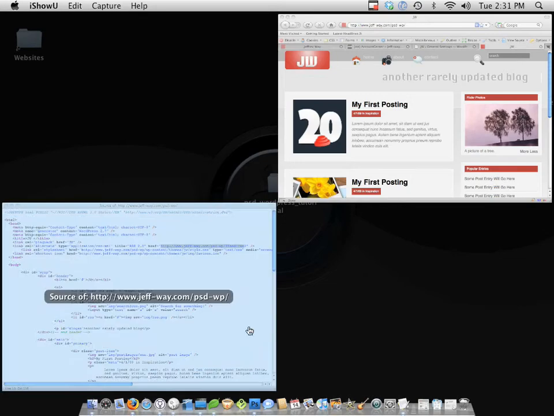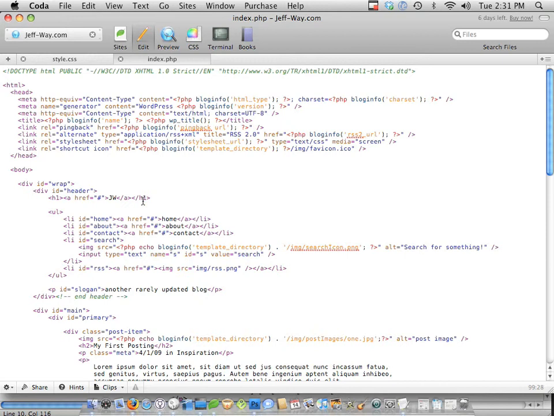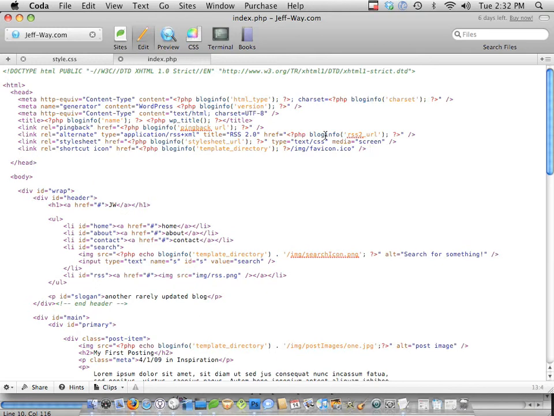Okay, welcome back. So let's continue to Coda. And there's one other thing I want to show you. As you might know, you are allowed to use plenty of plugins to extend WordPress. It's one of the big selling features, or not selling features, but a big feature. Now, one thing you should do is we're going to add something,